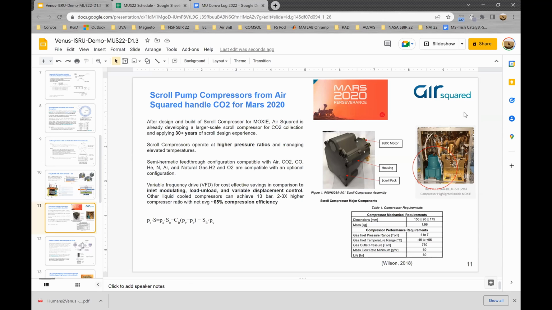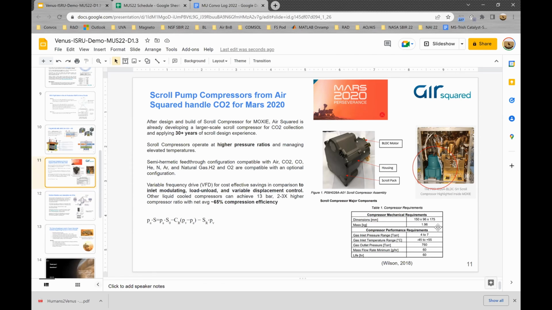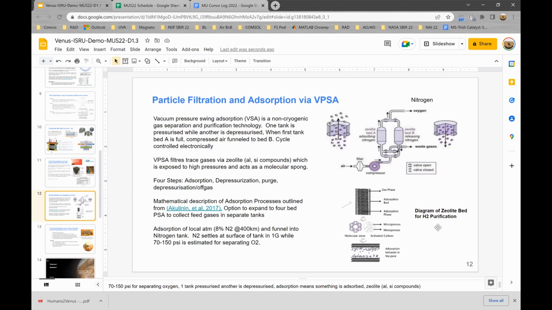And so they bring over 30 years of experience, and these scroll compressors would operate at a less high pressure ratio. And then here are some specs on the compressor system that was proposed, with around 2 kilogram mass for the fuel cell. And so we think this is another relevant system with the